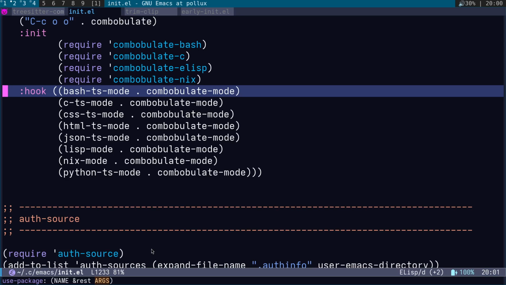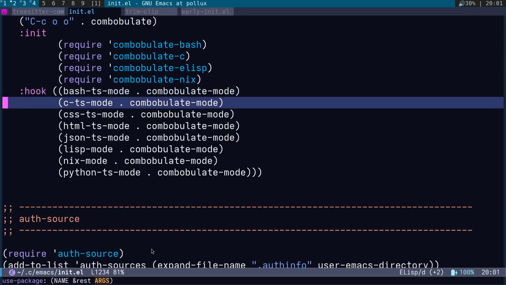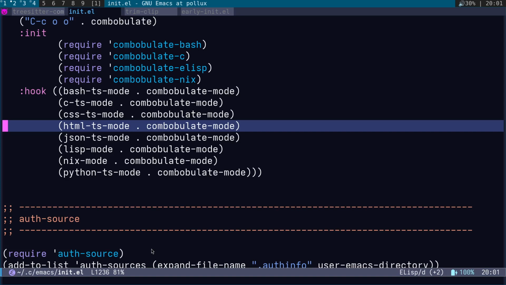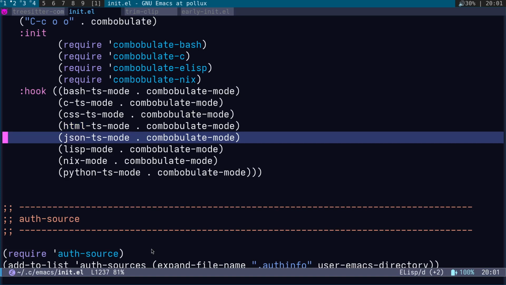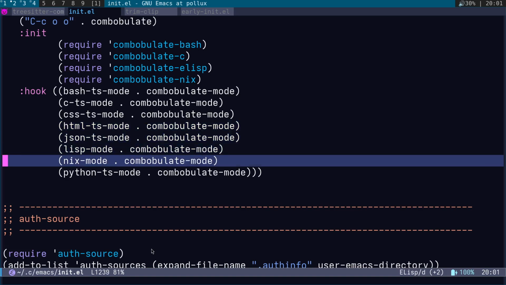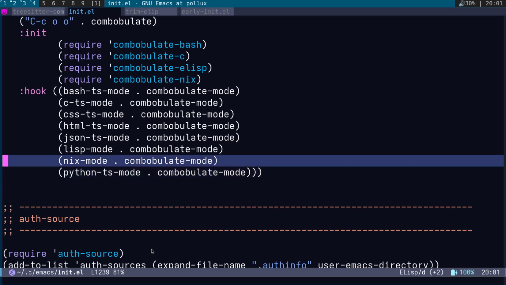Okay, so what we've got here is bash TS mode, CTS mode, CSS. So these are new ones: bash TS mode, CTS mode, CSS, HTML, JSON. Those are all built in. Lisp mode and Nix mode, another two that are knocked up. And then we've got Python. So this is the Combobulate